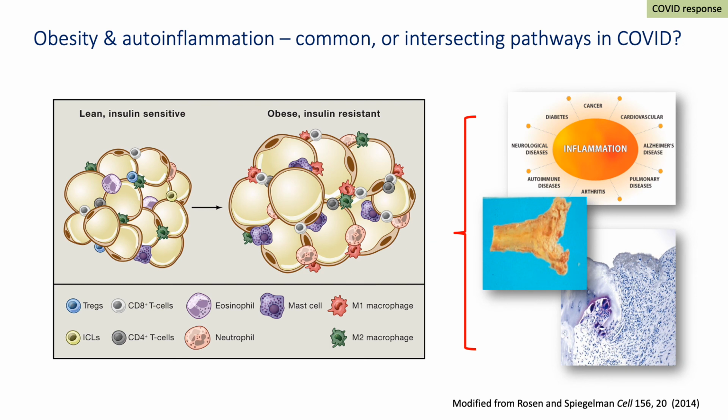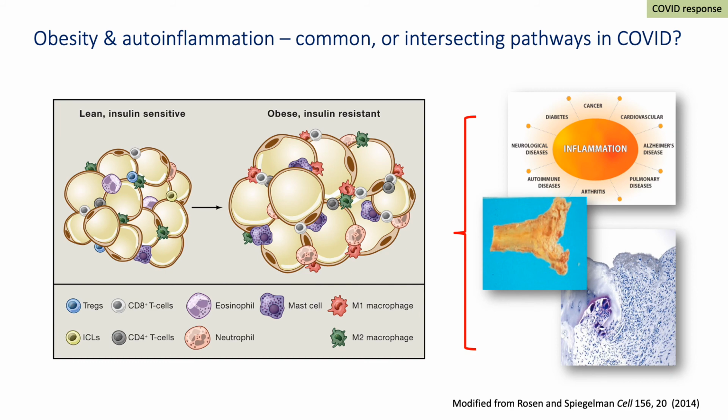Well, the truth is I don't know the answer to that yet, but I would wish to point out to you that obese adipose tissue is a highly inflamed place. In the cartoon on the left-hand side, you see here the obese adipose tissue full of activated macrophages. These same activated macrophages, by the way, that we have found in the rheumatoid synovial tissue and the COVID lung. A common theme coming together that innate immune activation seems to be a trigger for bad things happening.